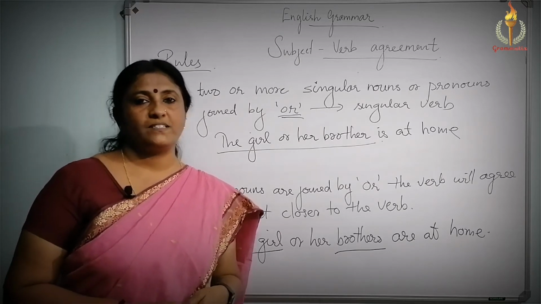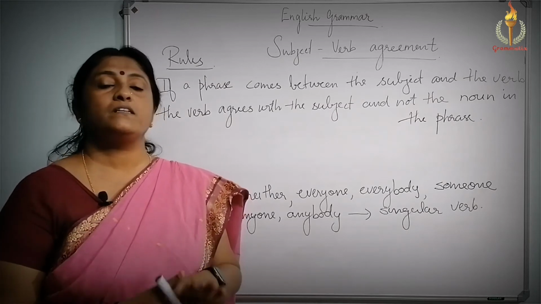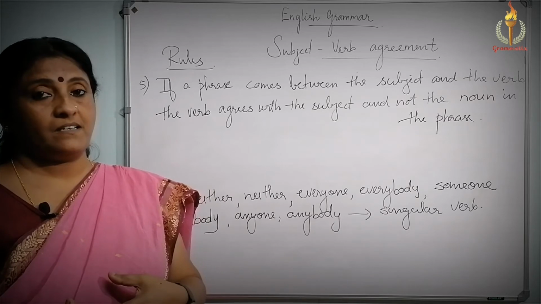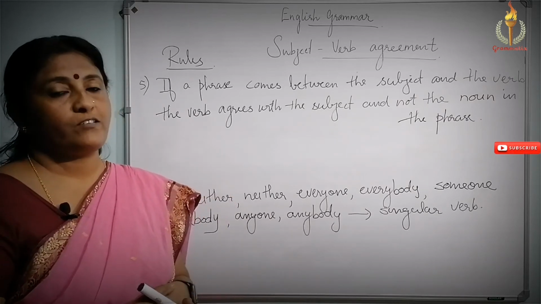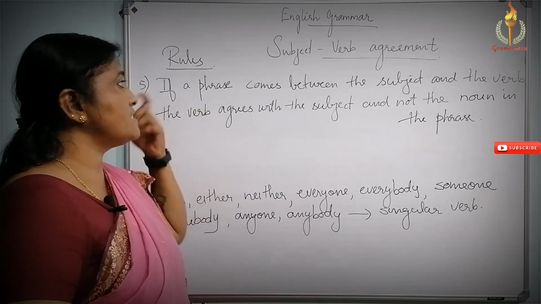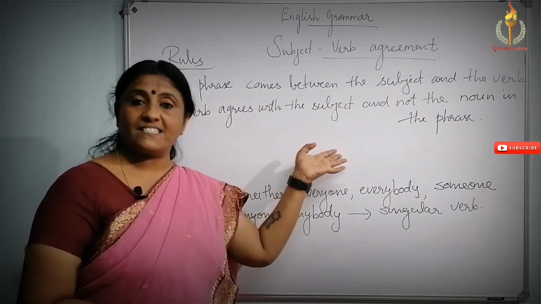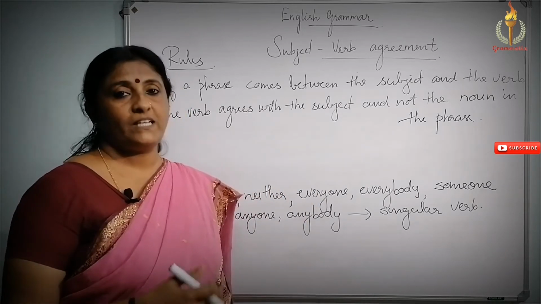Moving on to the fifth point. The fifth point says that if a phrase comes between the subject and the verb, the verb agrees with the subject. It doesn't agree with the noun that is coming in the phrase. So you have to be very careful about that. That is, the verb agrees with the subject and not the noun in the phrase. For example,